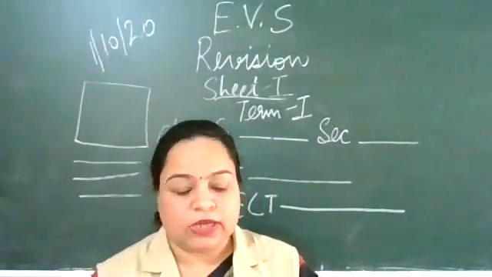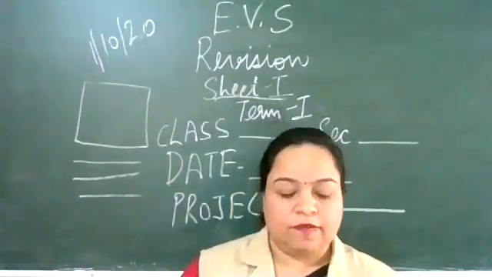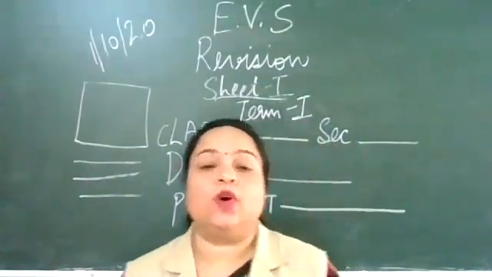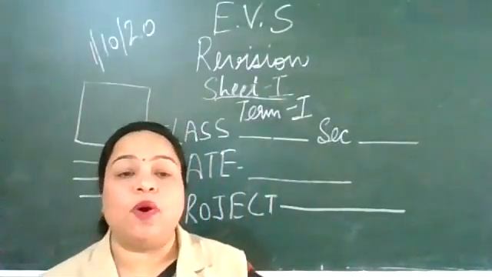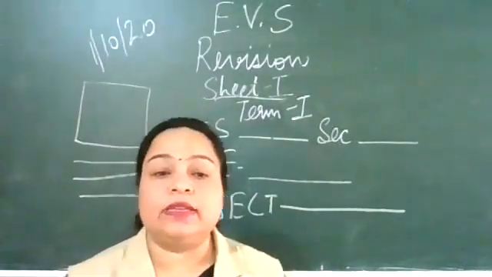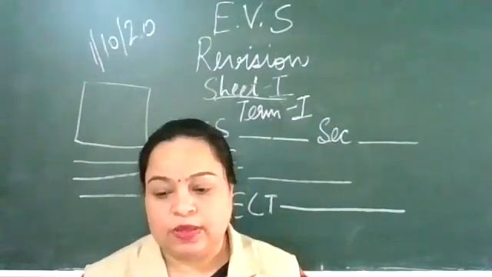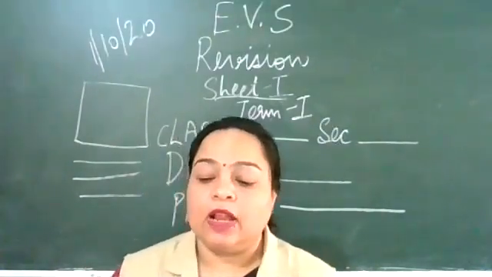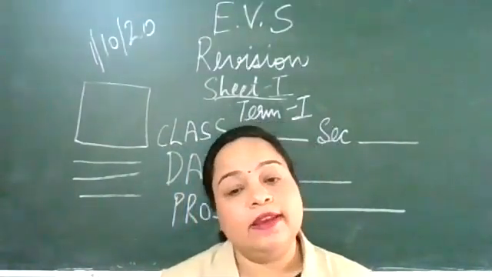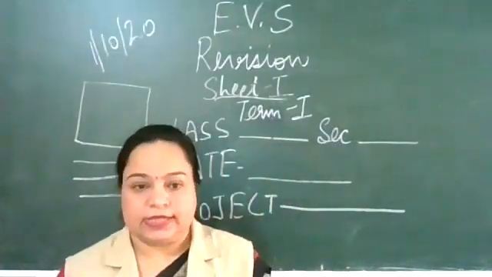Then we will switch over to the soil structure. Soil structure can be best observed in a cross section of the soil, which shows distinctive layers called horizons. So we divide the soil into various horizons, various layers. Horizon A is the topmost layer of the soil in which the plants grow. This is also the site of biological activity. It is rich in humus and dark in color. So you have to write down the explanation of each soil horizon.